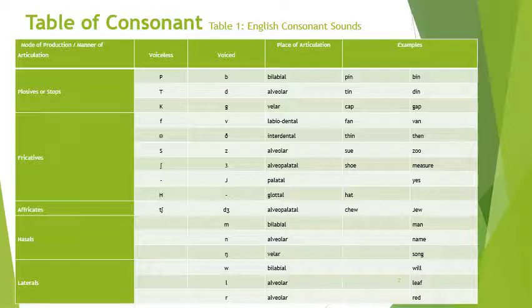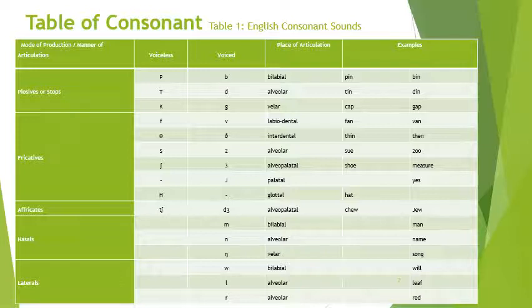And it's called bilabial because we have the upper lip and the lower lip coming into contact in the course of producing these two sounds, as we can see in the words pin, bin, which realize the two sounds. Pin for P, that is plosive, voiceless, bilabial, and bin for B, that is voiced,